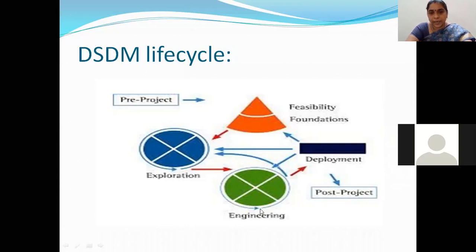That is again done incrementally, twice or thrice, until the client is satisfied. So again, I'm having a circle here repeatedly, right? And after this, the red arrow shows that I'm moving on to the deployment phase. This deployment is nothing but the implementation phase. Here the implementation actually starts. The coding and everything is starting.